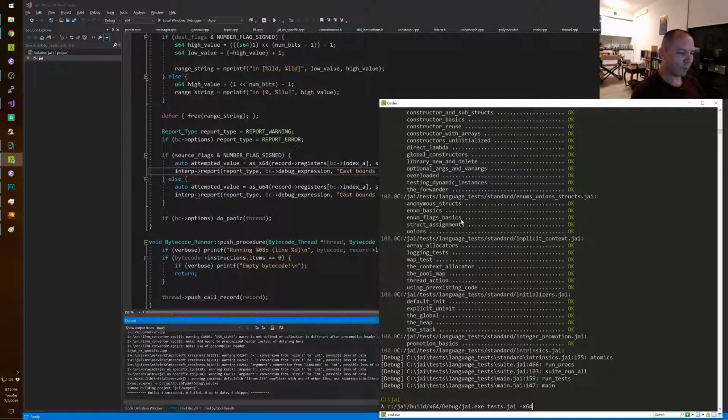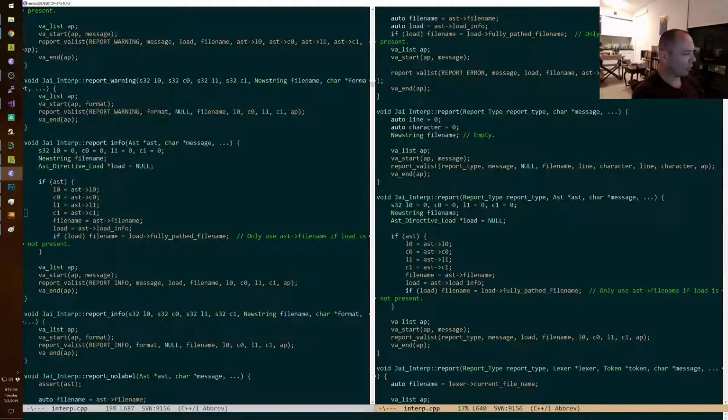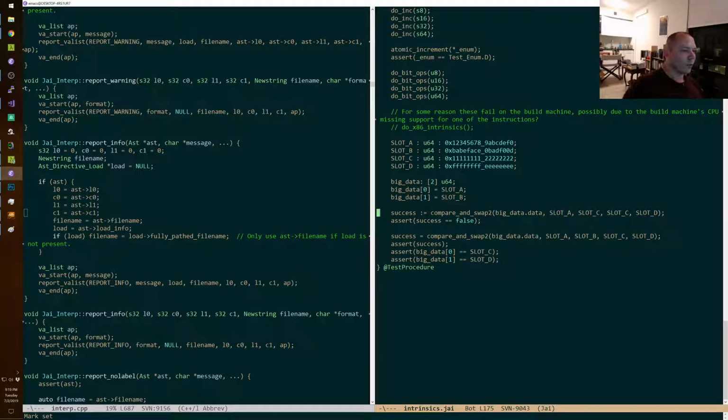Like what? Really? Intrinsics 175. Why would that crash? All I can think is either we broke compare and swap somehow.